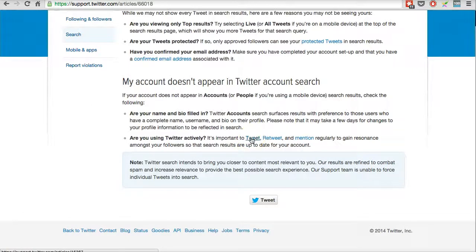And before, I was just tweeting out. I wasn't actually trying to engage with other people, so no one was favoriting, retweeting, or mentioning my tweets at all, because I was just tweeting out links. It didn't matter if I pumped up a gigantic number of tweets. Unless people engage with me, Twitter wasn't going to unlock me.